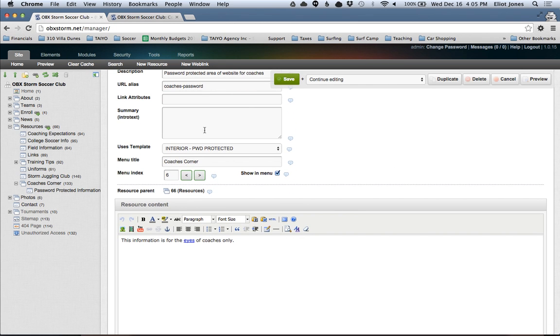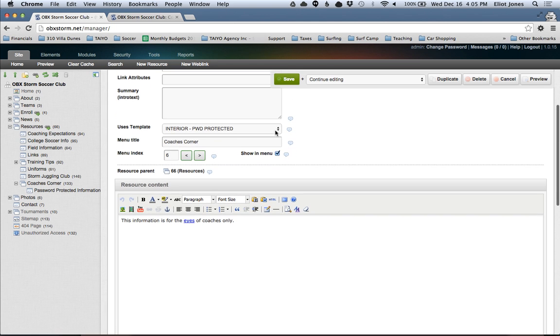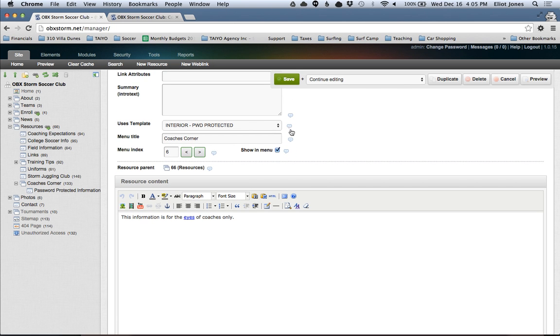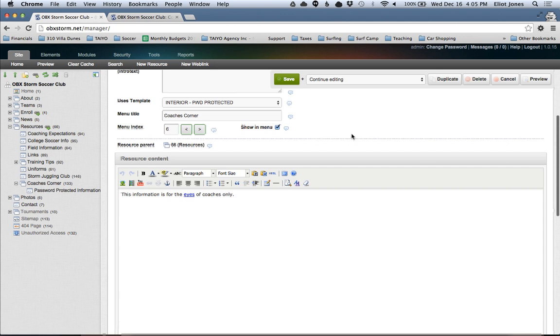We're going to ignore the link attributes and summary fields. The uses template, all you need to know is to keep this interior hyphen password protected. This ensures that you'll be able to set a password for every page